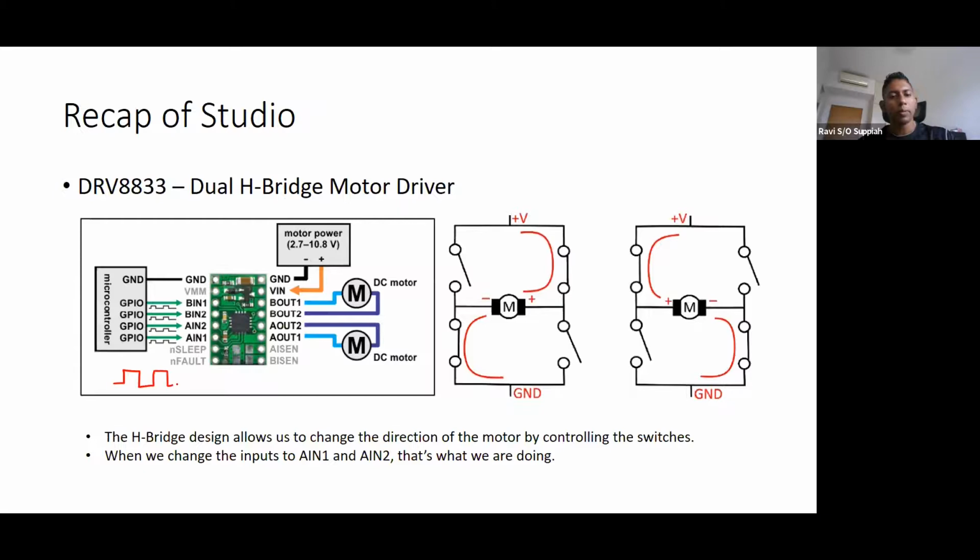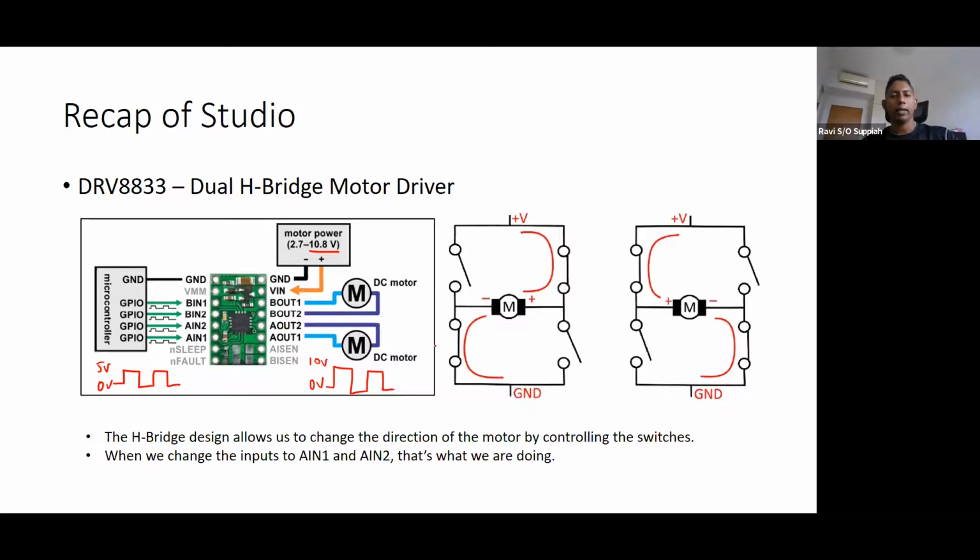When the PWM coming out is 0 volt and 5 volt, after the motor driver, it will be boosted up depending on what is the voltage. So if I put 10 volts here, then it will be 0 volt and 10 volts, around there. So you are able to provide a larger output voltage to drive the motors.